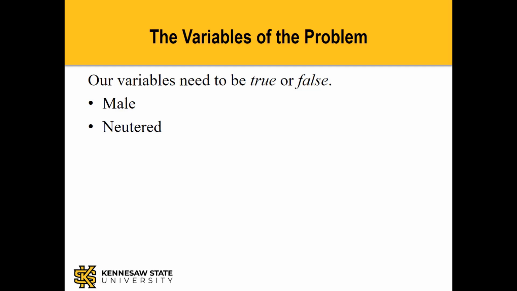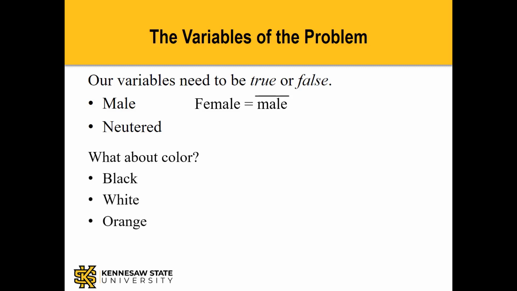If we use male as a variable, how do we represent female? That's exactly right. Female is not male. Now we have to think about color. Cat named 3 colors: black, white, and orange. But for that male cat, she also said any color but white. For that other color, we really only need not white, so we don't need to add another variable.